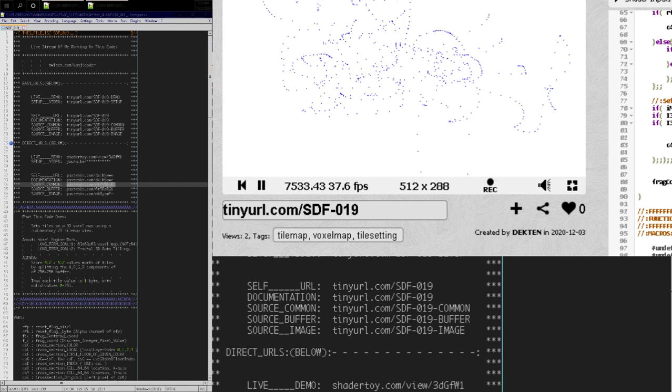Make tiny URL. Okay, and then documentation should already be here. So tinyurl.com/SDF019, right? That's just what it is for documentation. Or maybe we don't have that, so